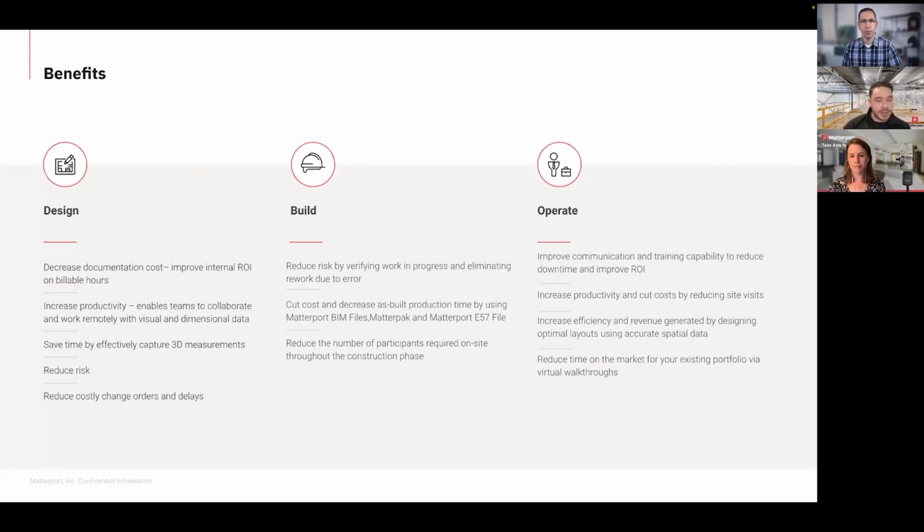On the construction side, again, we're cutting costs by decreasing your as-built production time by using the Matterport BIM files and the Matterpack E57. And all the same processes apply to the operators as well. The ability to easily capture a space, know what's existing, what's out there, and being able to communicate